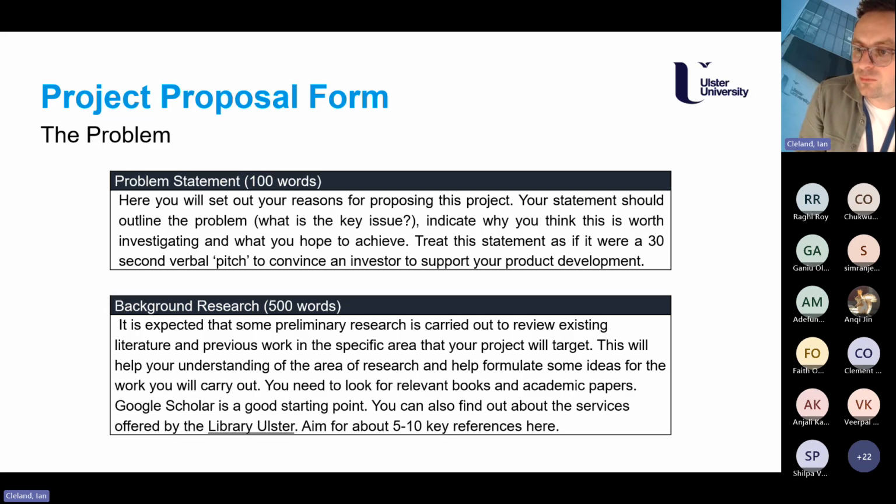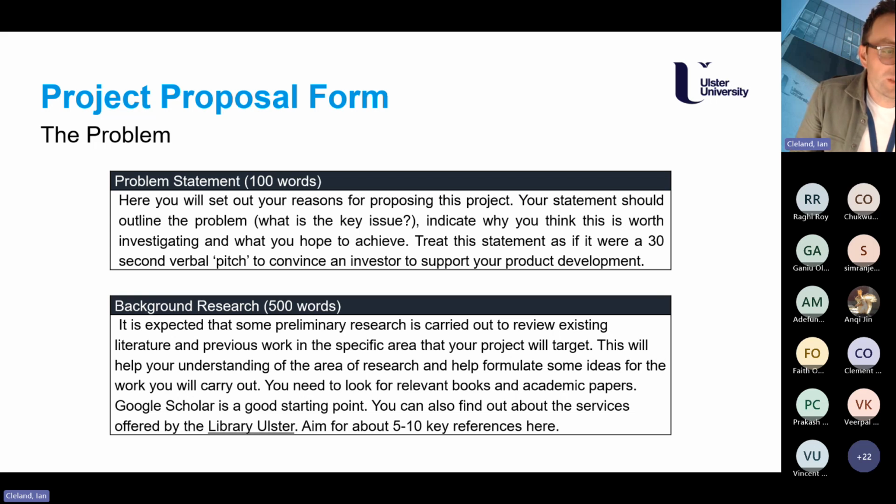I see a hand up from Vincent. Vincent, do you have a question? Yes, thank you very much, sir. Okay, my question is on the proposal templates. Is the template just like a flow guide, or are we going to put in our text into these boxes as shown on the template? Yeah, so if you could write your text inside the boxes on the template and then submit the template, that would be best. Okay.